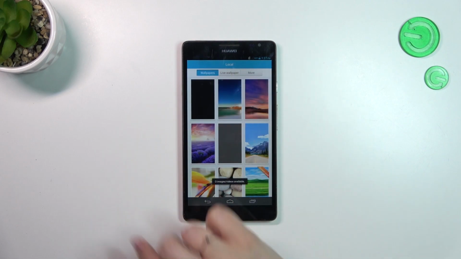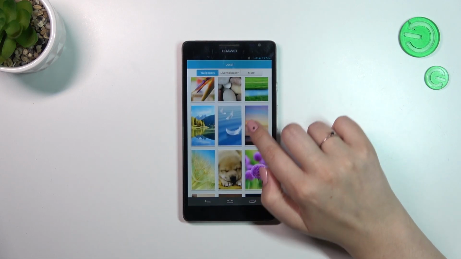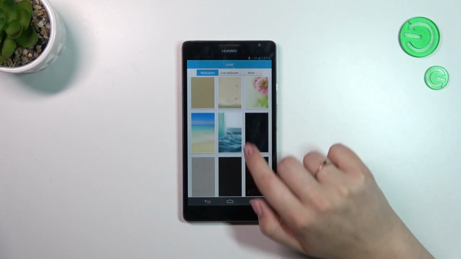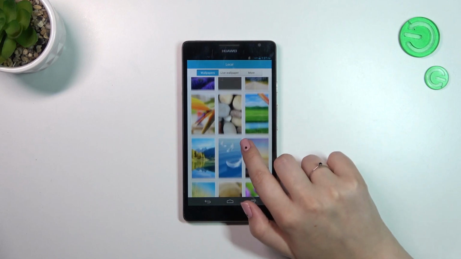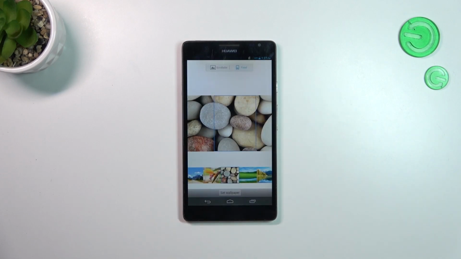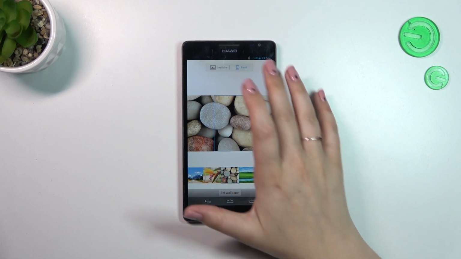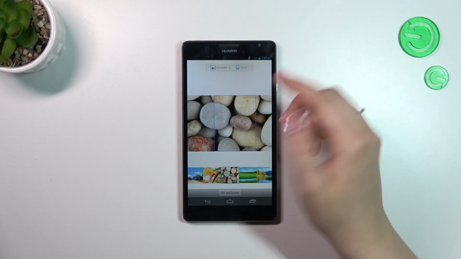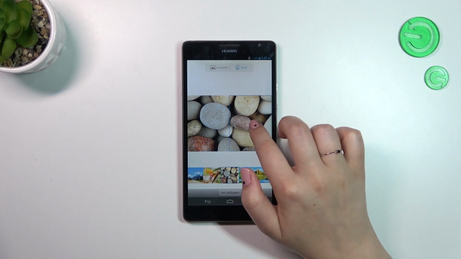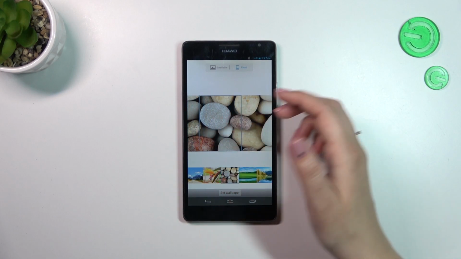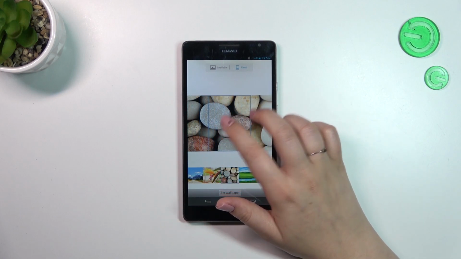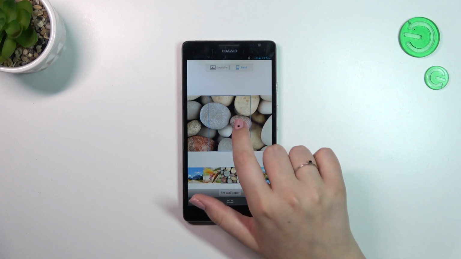But let me actually pick the wallpapers, and here we've got quite a lot of pretty options from which we can choose, and basically all you have to do in order to check the preview is to tap on it. So let me pick those stones, and here in this fixed option, we can change the position of this rectangle. Basically, we can frame the wallpaper, so we can decide which part of it will be applied as